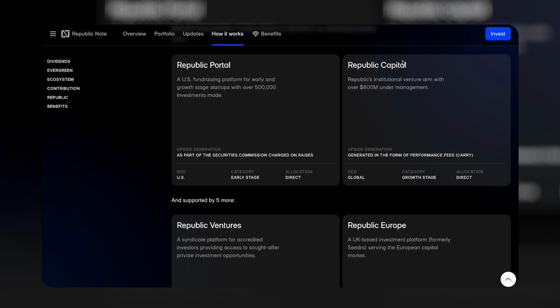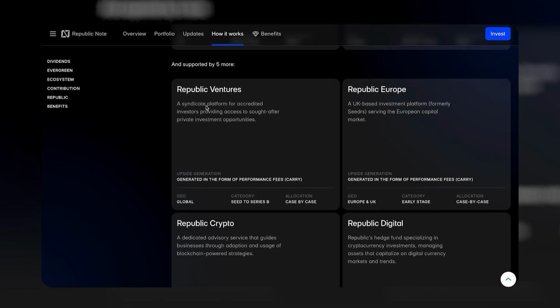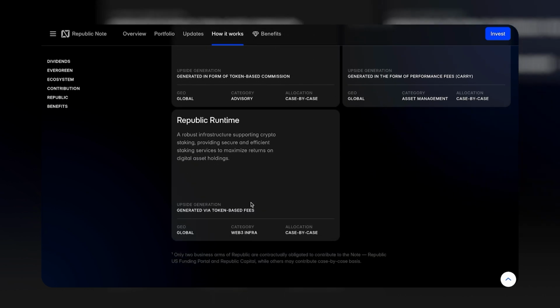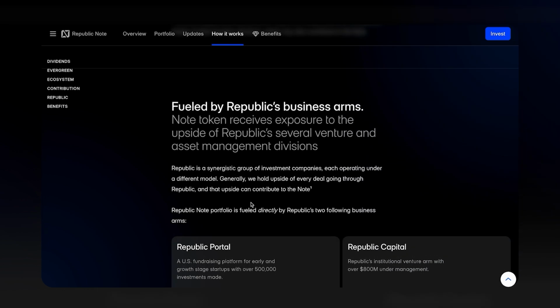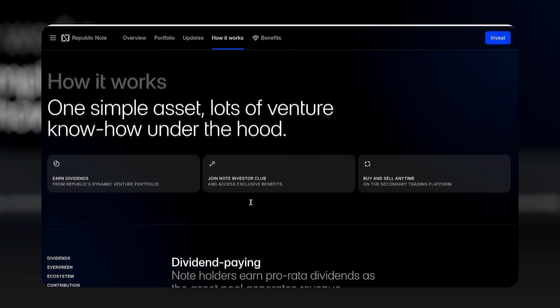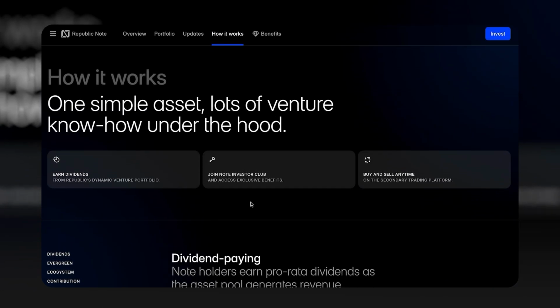There is also Republic Capital, which is Republic's institutional investment arm. You then have Republic Ventures, which is the syndicated platform for accredited investors, which we already went through as well in this video. You have then ones that are more geographic or regionally located, like Republic Europe. There's also what's known as Republic Crypto, Republic Digital, and Republic Runtime. So the way that I think about this is that they have a couple of different business units under the main brand of Republic, and as those business units produce income, as those business units potentially are sold, and in different ways they generate return, then they're going to distribute that to the actual quote-unquote Republic notes or token or